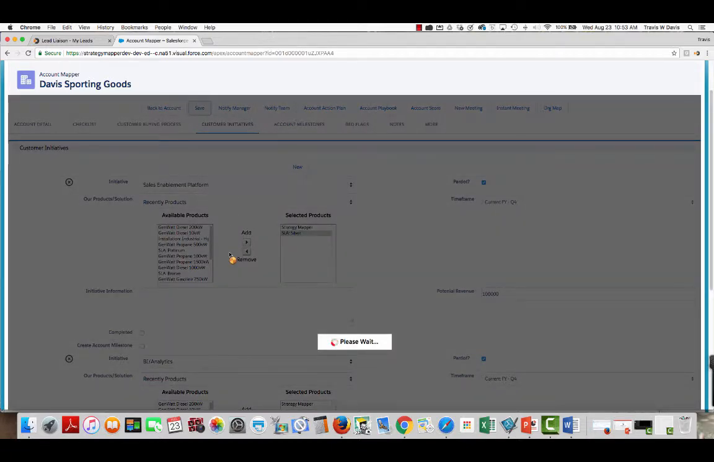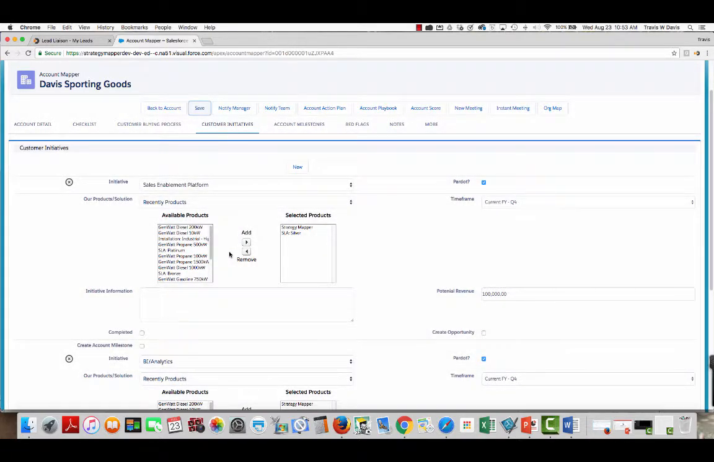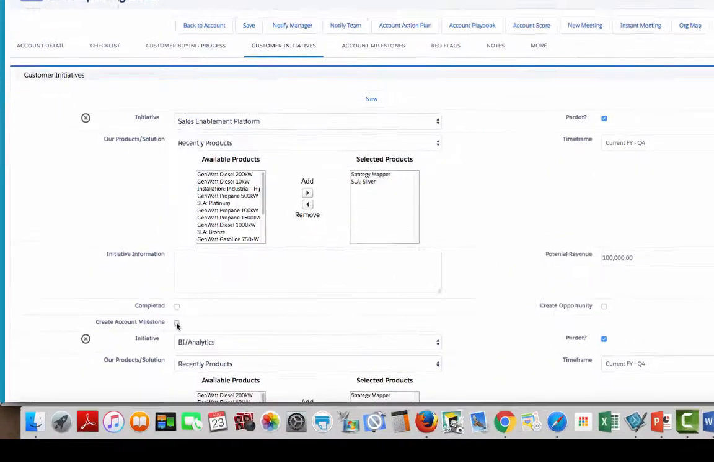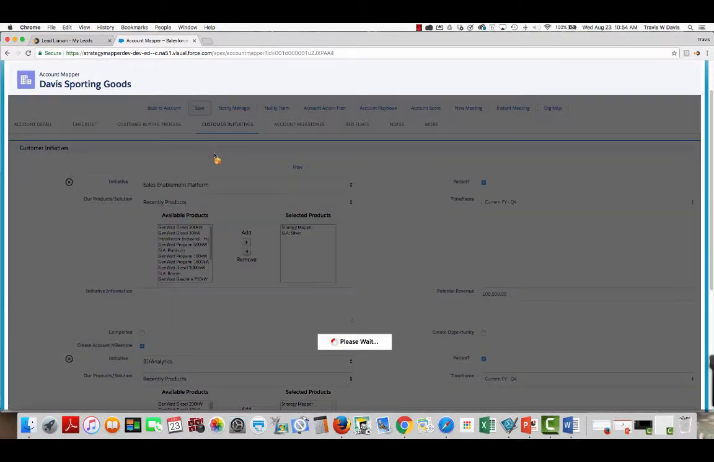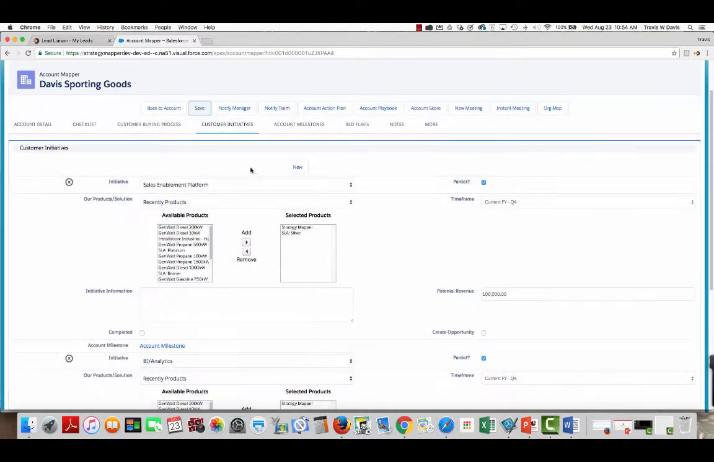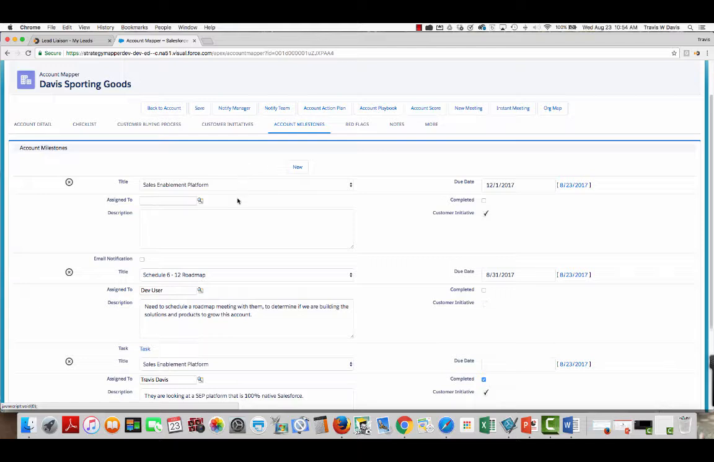But what I really want to do with this is make it active, proactive, and really actionable. So I want to create a milestone for this particular initiative, but maybe I'm not the one who would follow up on this. Maybe somebody else in my team. So I can go ahead and save that. The next is I can go into milestones. As you can see here, that customer initiative now became a milestone. And based on the date of the time frame I selected, it chose this date